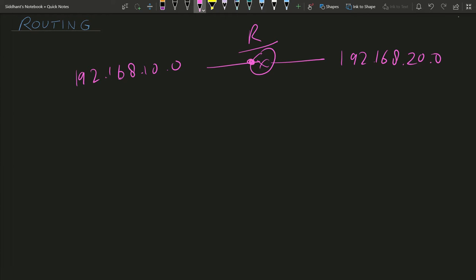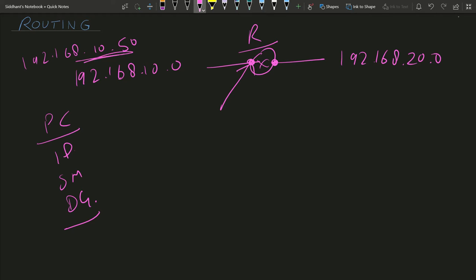Now these interfaces on the router will be default gateways for these networks to send their packets. Inside a PC we configure an IP address, a subnet mask, and a default gateway. From the IP address and subnet mask, the PC calculates that, suppose I want to send traffic to 192.168.10.50.